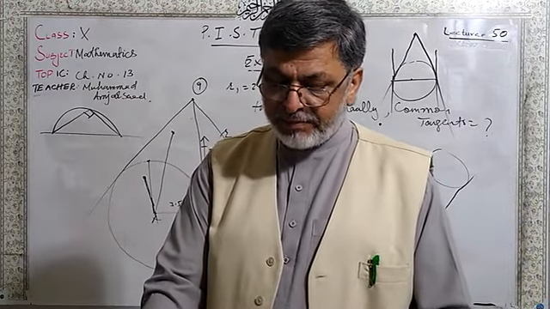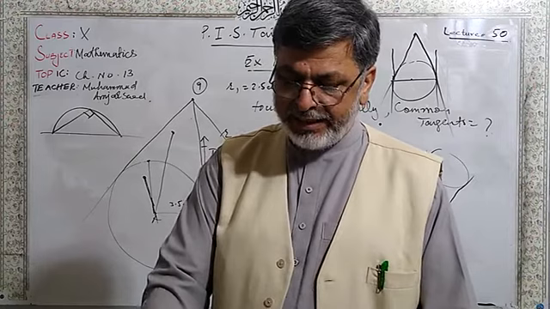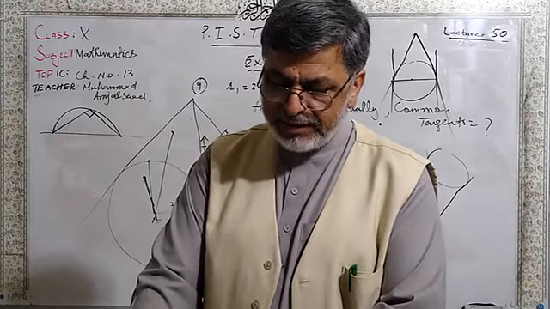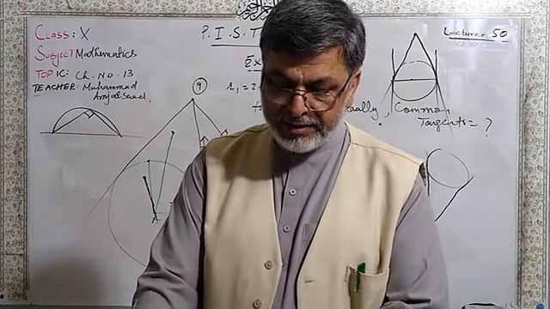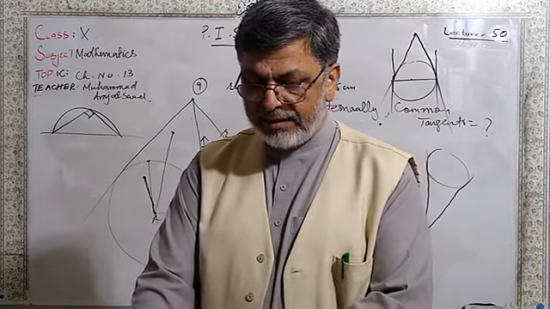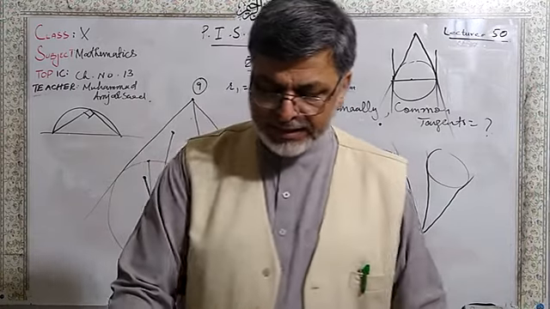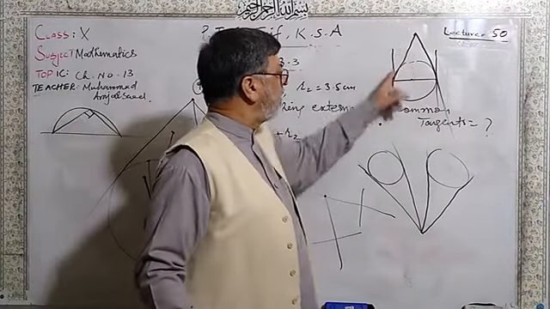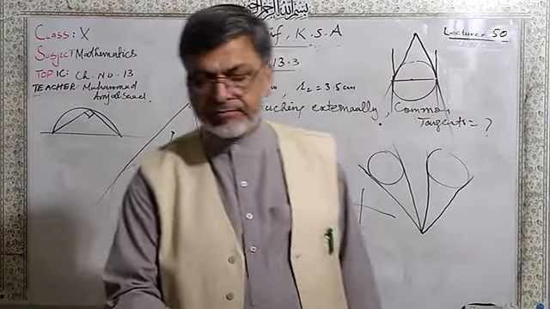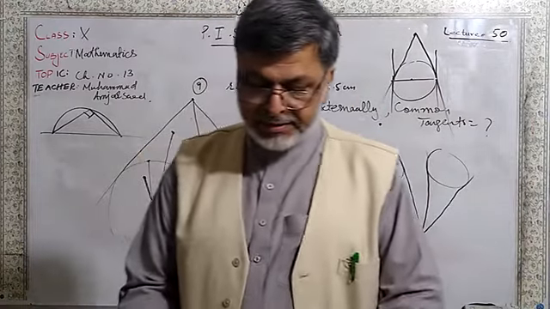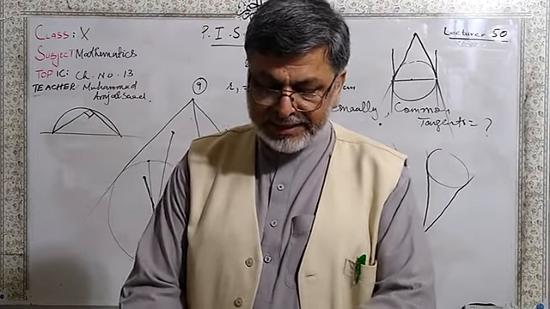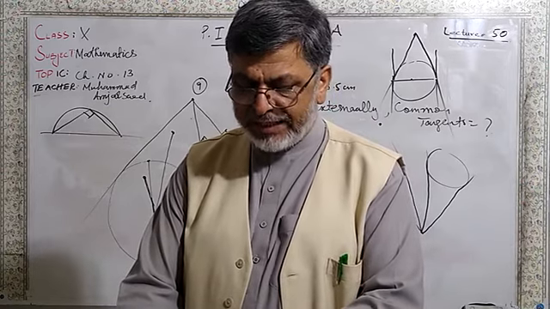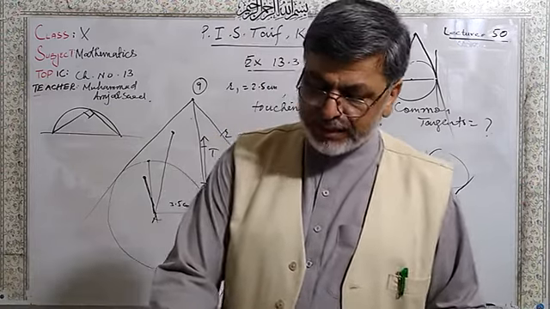If two circles touch each other, the point of contact and their centers are collinear. Yes, they are lying on the same line. From a point outside the circle, two tangents can be drawn. After that, a tangent is perpendicular to the radius. A straight line drawn perpendicular to the radius of a circle is called a tangent to the circle.